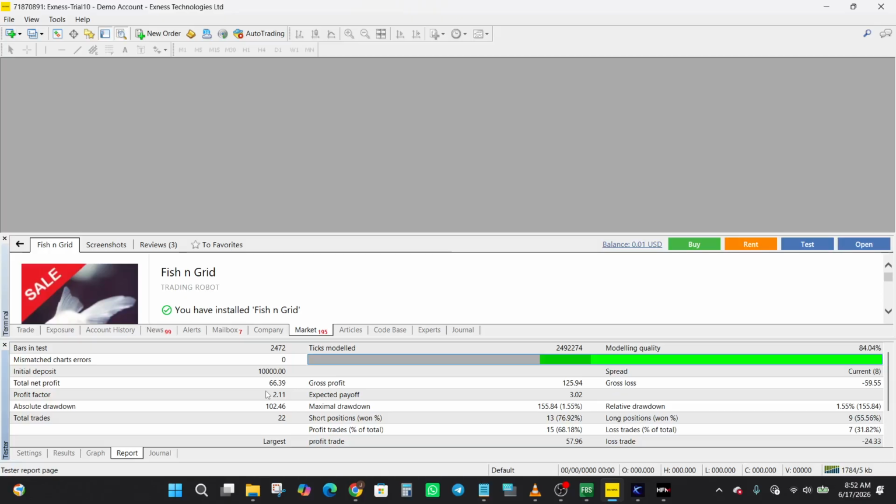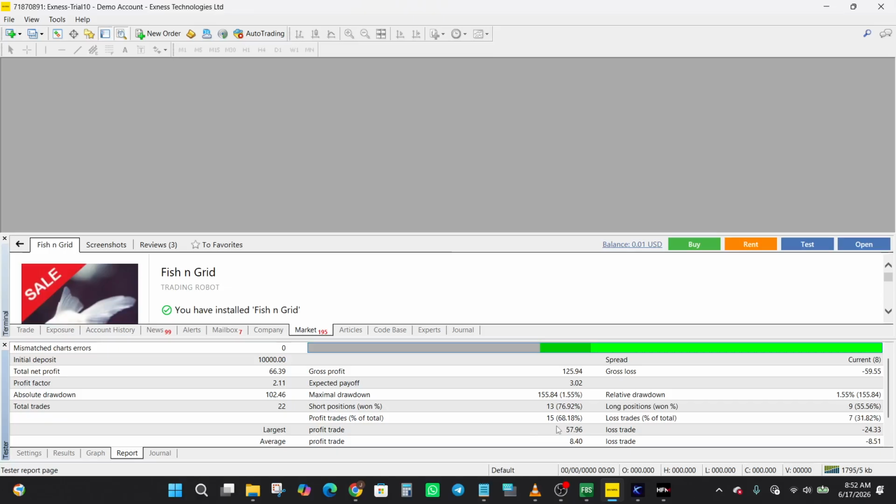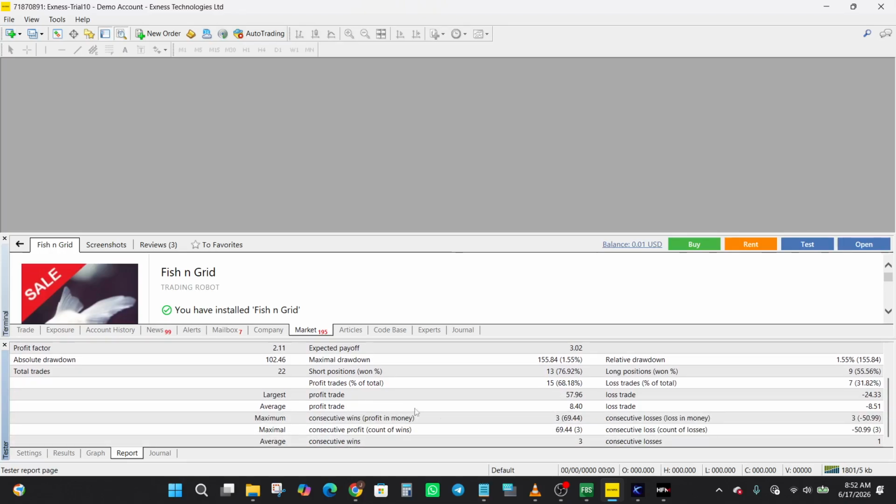$66.39, and out of 22 trades that we are taking, 15 were profitable. So that gave us a 68.18% win rate. All right. The largest profit that we have here is 57.96. Largest loss is 24.33. Average profit is 8.4, and the average loss is 8.51. So that means that the average risk to reward ratio is actually bad, right? Even though it's very close to 1:1, but the average loss is bigger than the average profit,